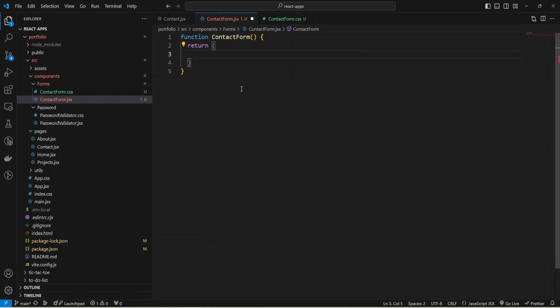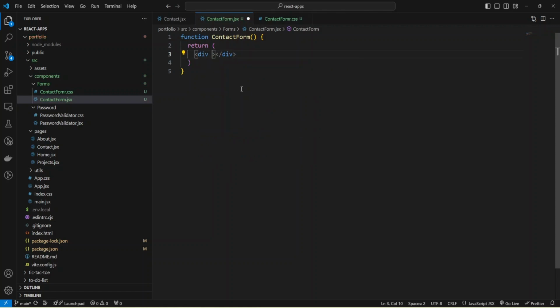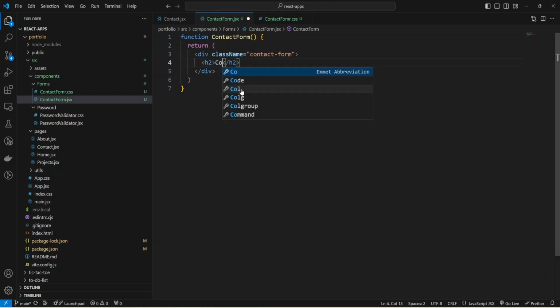Return. First of all, I need a div, and it will be the container for the whole form, and I'm going to provide the className contact-form, and inside the div I'm going to add an h2 tag with Contact as text, and also I can add a form, and I don't need an action.